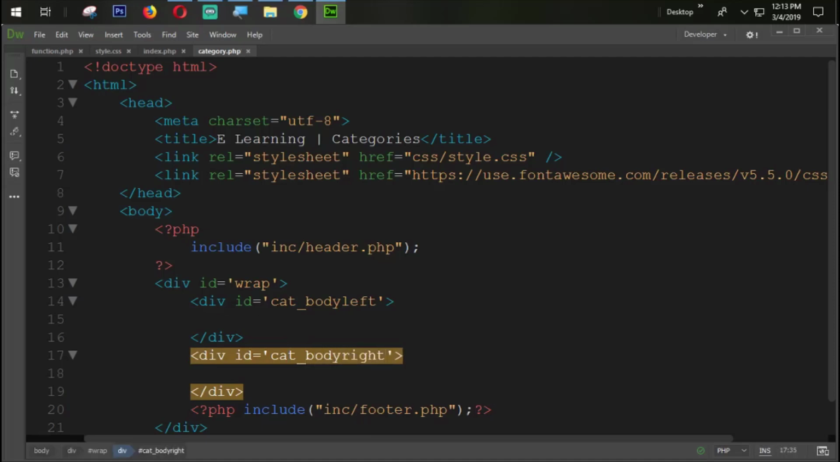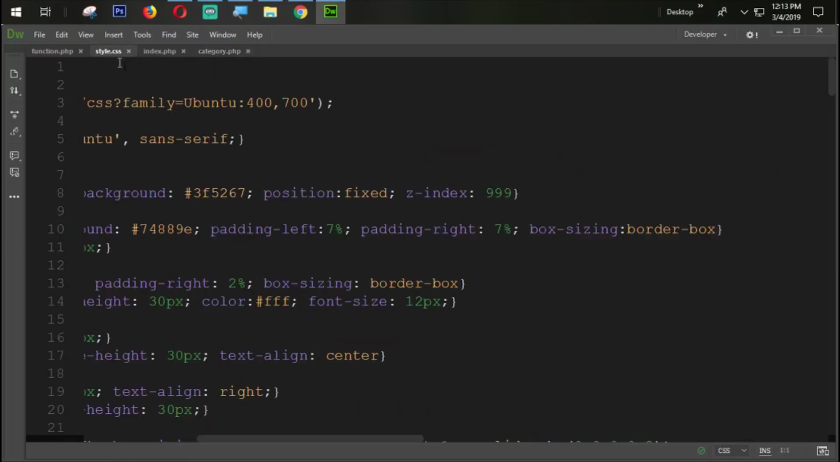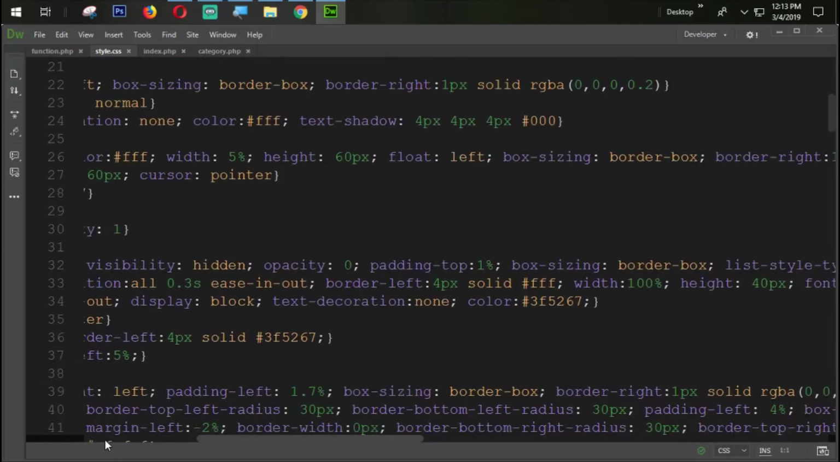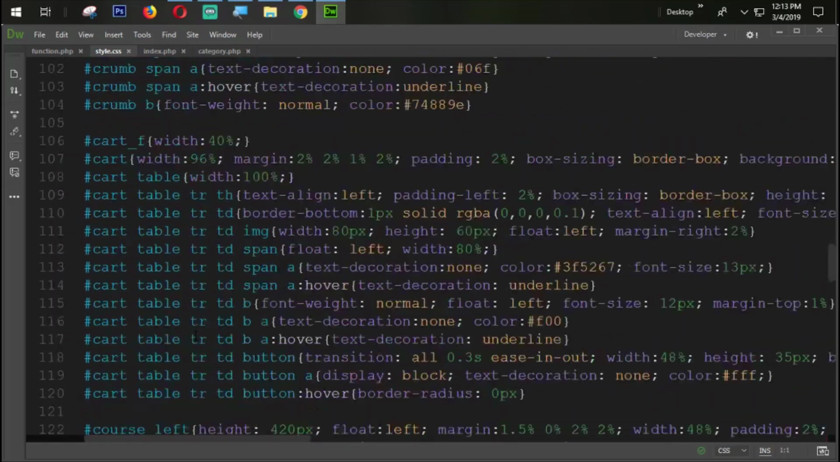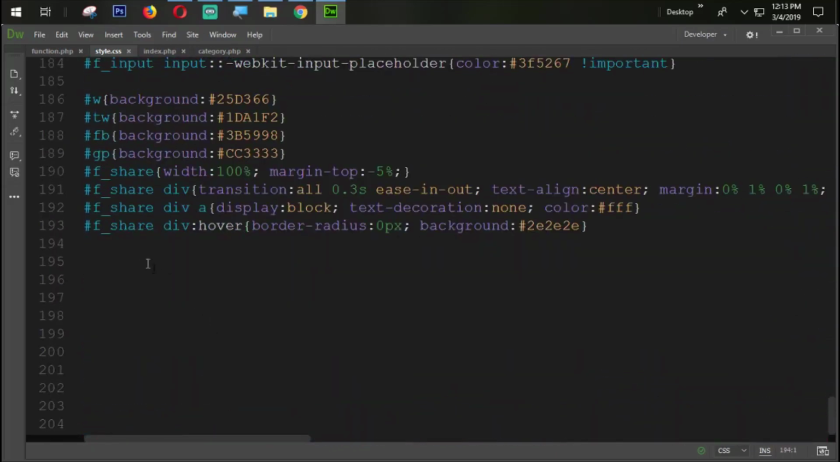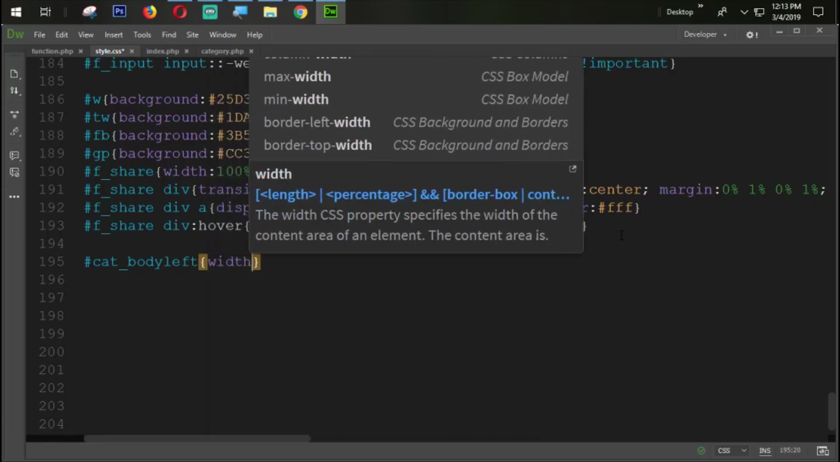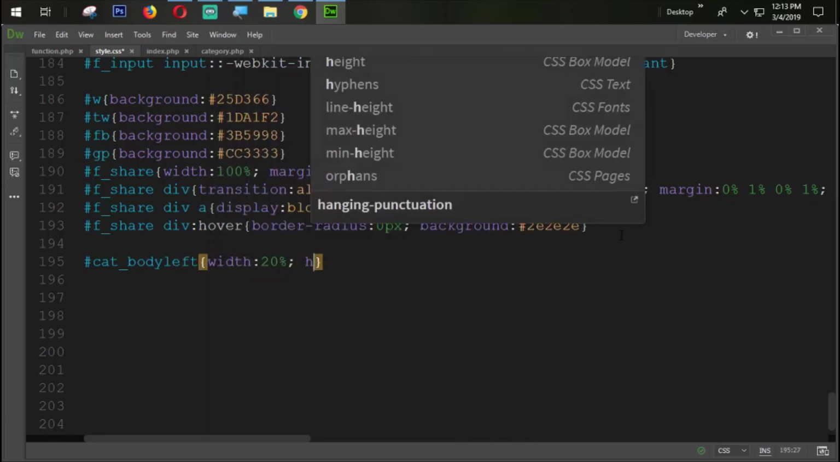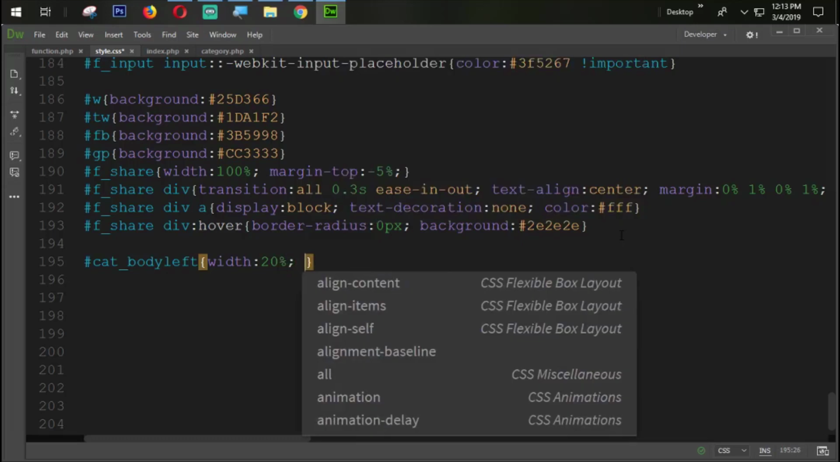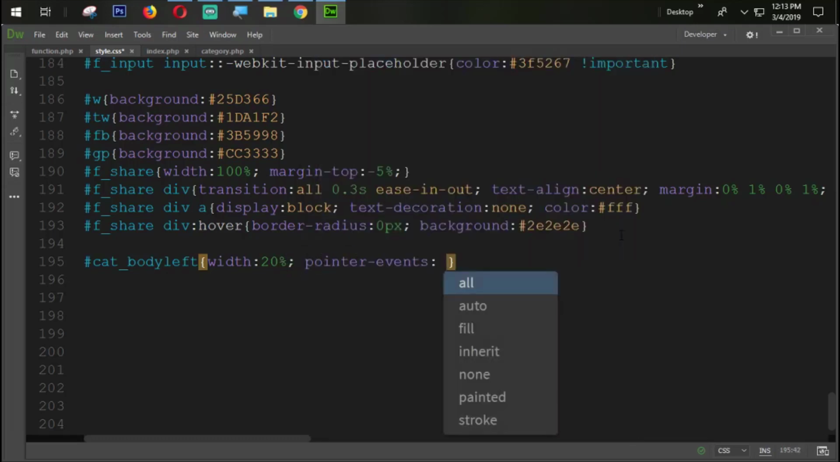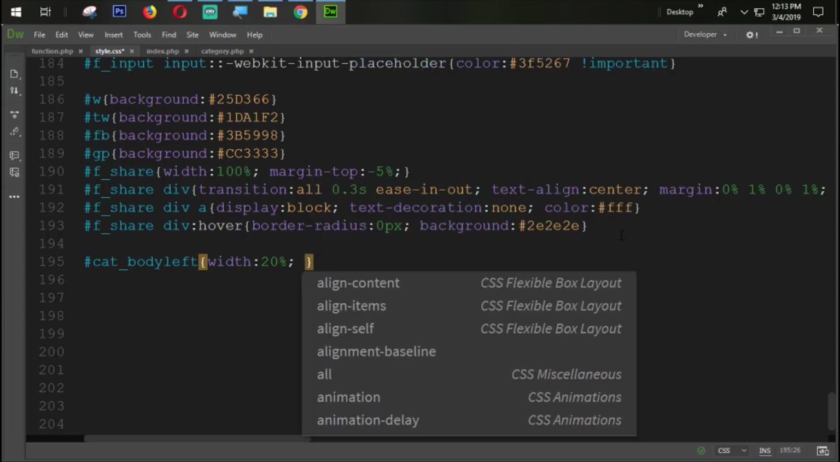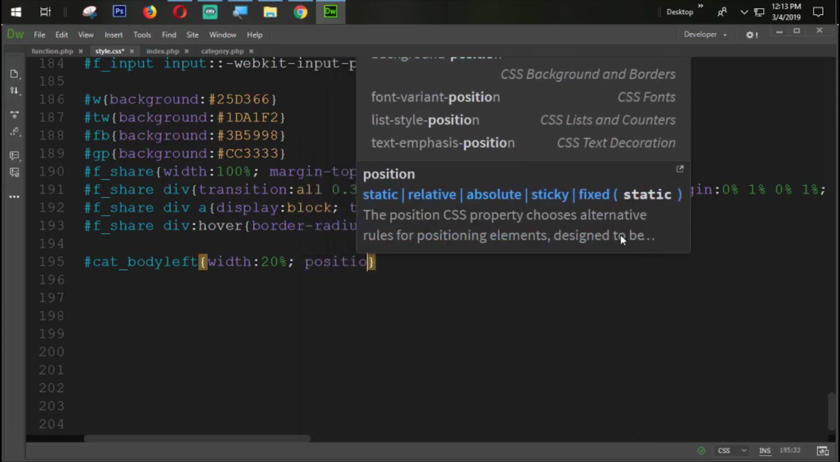Body right section. Okay, so now we are going to style.css and we need to style them. So here, after this div, we are going to style that one. So cat body left section, and here we are going to set the width to 20% and the height will be auto, and let's set the position. We need to fix that position,